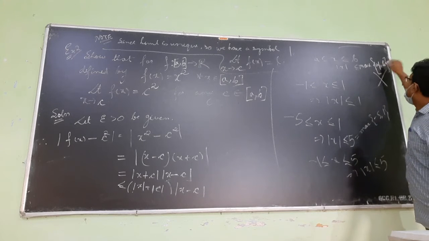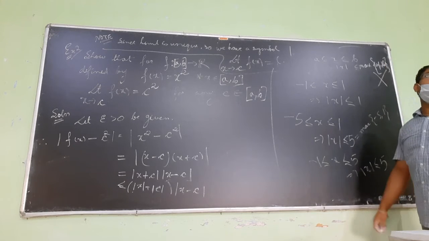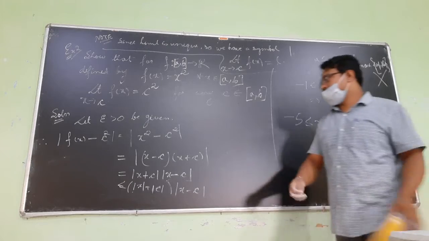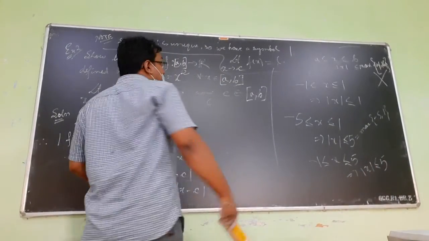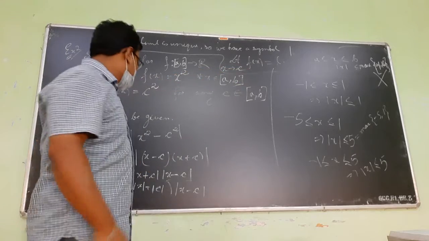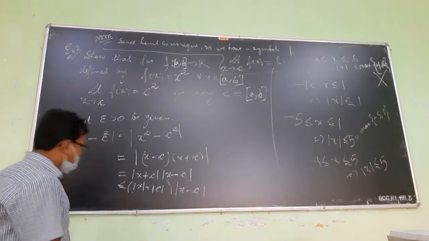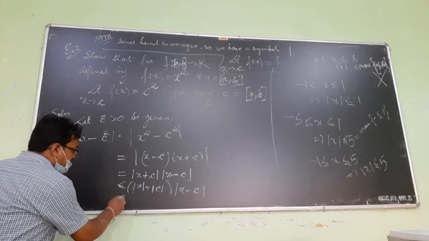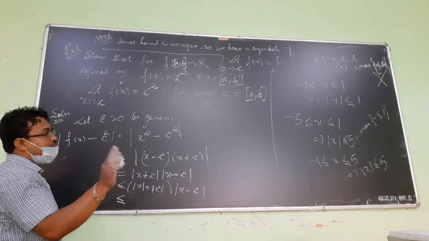Maximum of mod A, mod B. Okay. So when x lies between A and B, mod of x is less than or equal to maximum of mod A and mod B. Okay. So we can write that. So this is less than...